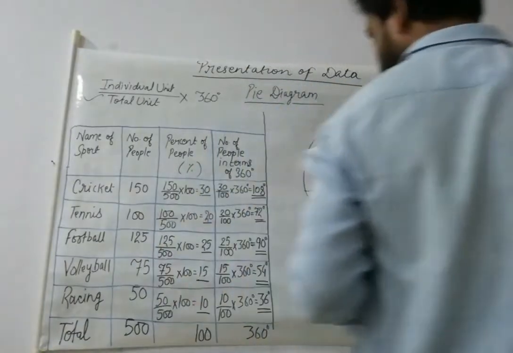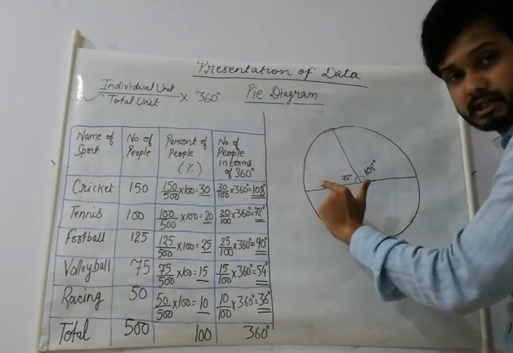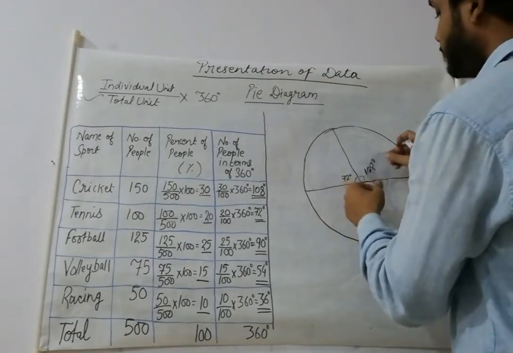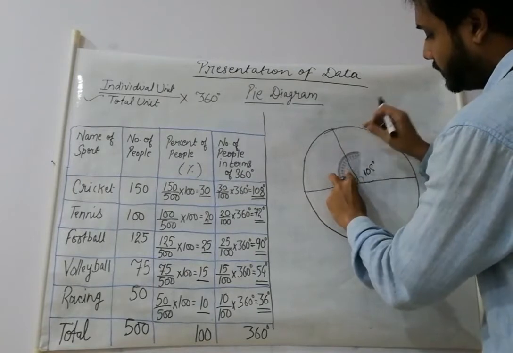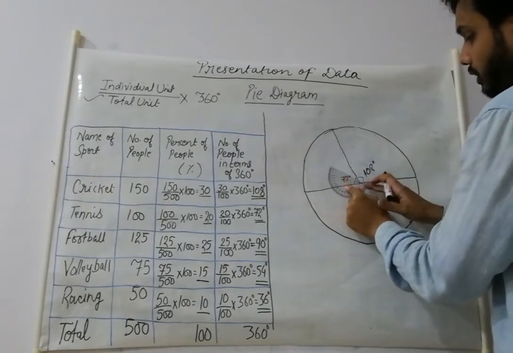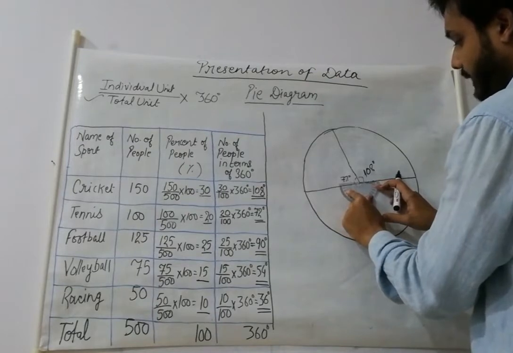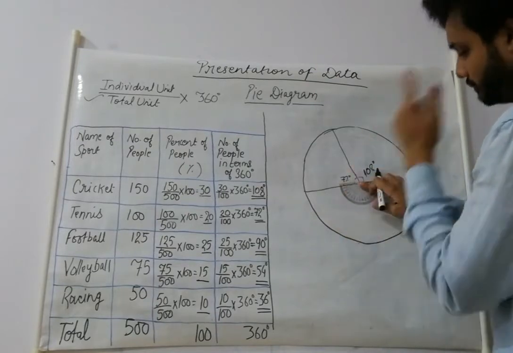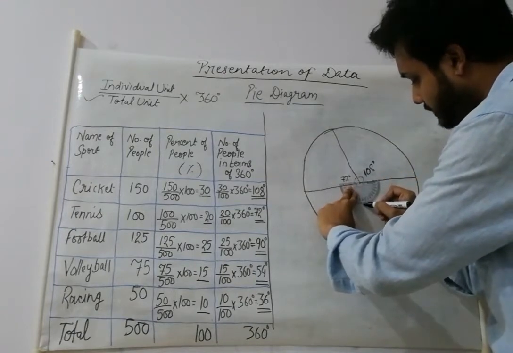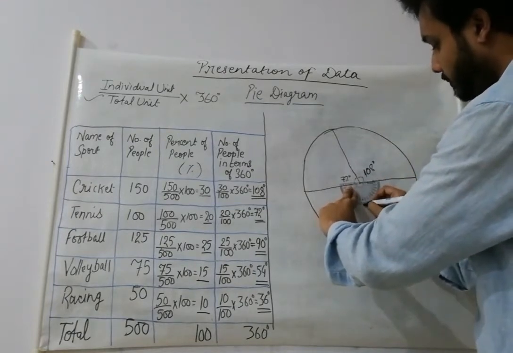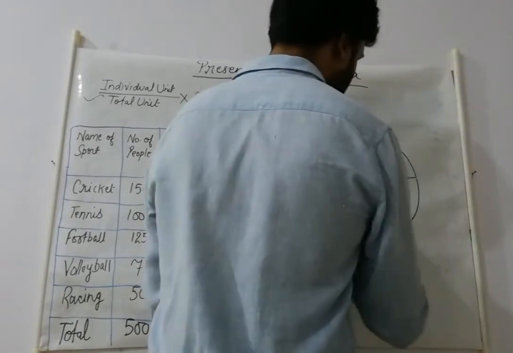Now the next one is 90 degree. So now forget this line. The new line which is made, this will be our new baseline. Okay. So just keep rotating your protractor in the same direction. You will not get confused. Like this. In the midpoint we will keep the protractor and we can see our 90 degrees here. So just make a point at 90 degree and then join the line.